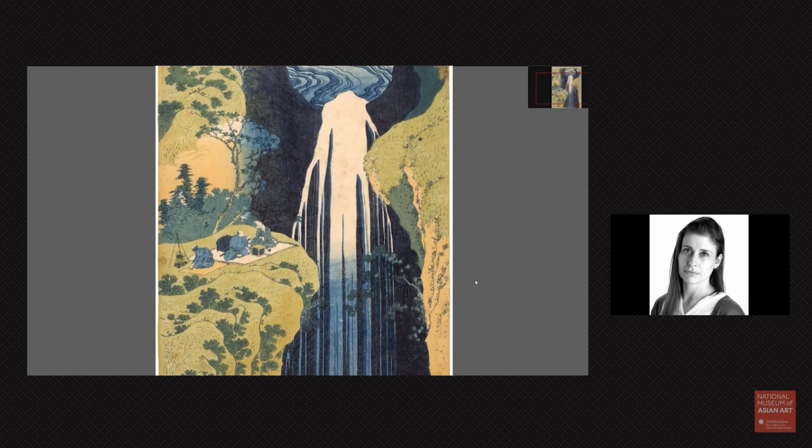And has the color faded over time, or do you think this is roughly what the colors would have looked like when it was made? I think this is probably roughly what the colors would have looked like, because the blue in this print is mostly a chemical blue and indigo, which are quite color fast, robust colors. Prints of earlier periods that use more vegetal dyes often fade very much over time, especially purples and some of the reds. So there often are color changes, but particularly the blue in this case, and then the green that's made as a mixture from it, are going to be